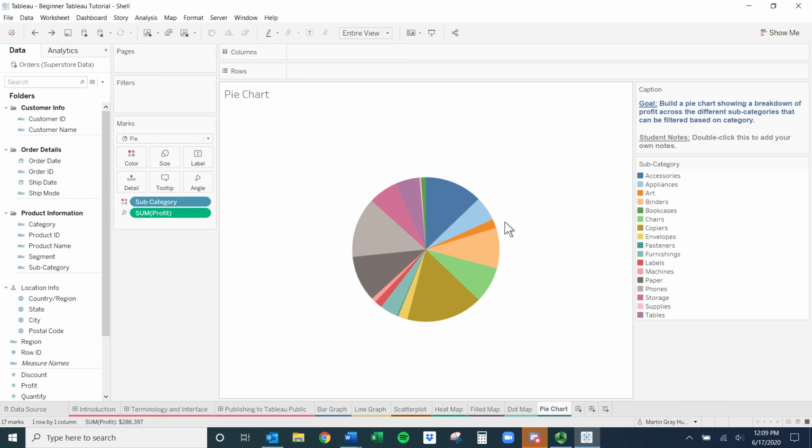And then if you want to label it, well, maybe I want the profit on here. So I'll just take profit, drag it to labels, and then it's on there. And again, maybe I want this bigger. Control-Shift-B. Oh, it won't let me do it if I do that, so I'll have to change it the other